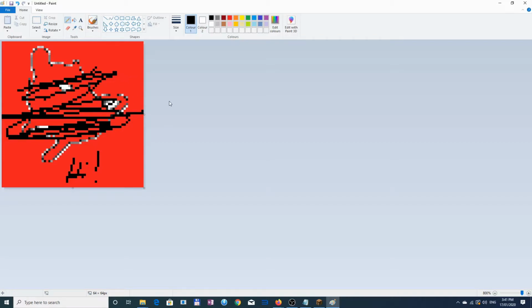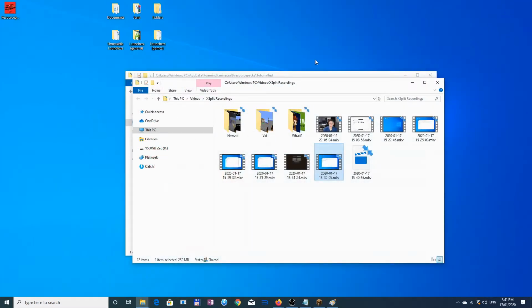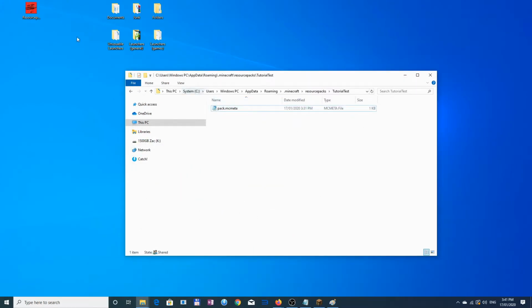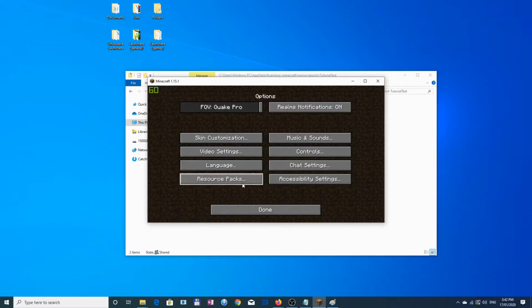So now you have to save as. I'm gonna put it on desktop. Not like this is gonna matter, but I'm just gonna name it resource pack image, and then exit out, and here it is. Now you have to put it inside of your resource pack, so it's in tutorial test, and then you have to rename this to pack.png. And if you play your cards right this time, it should